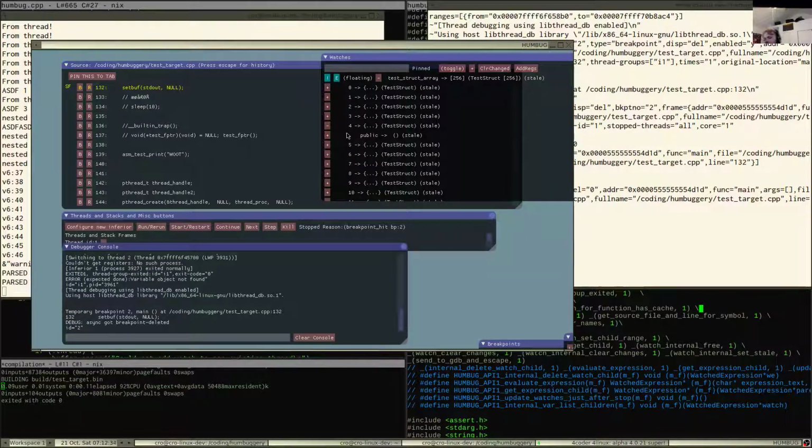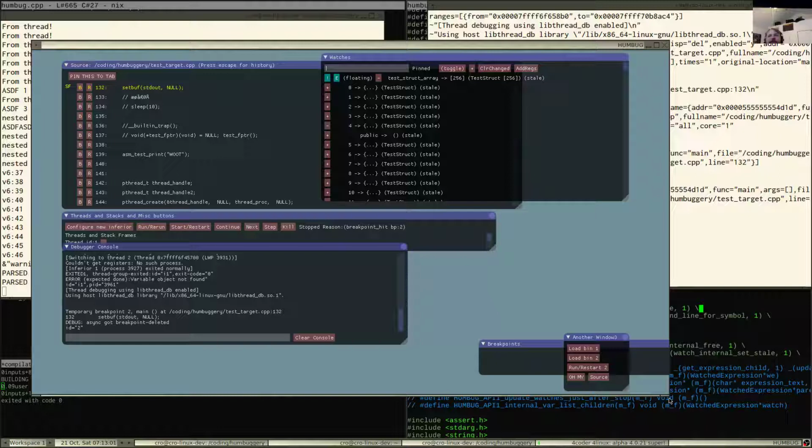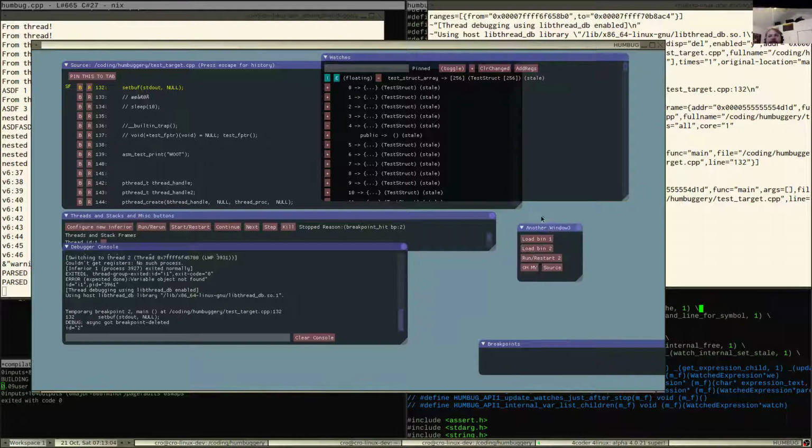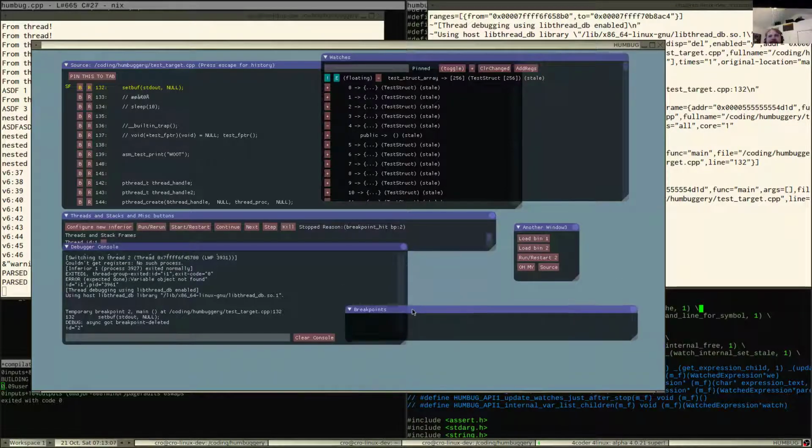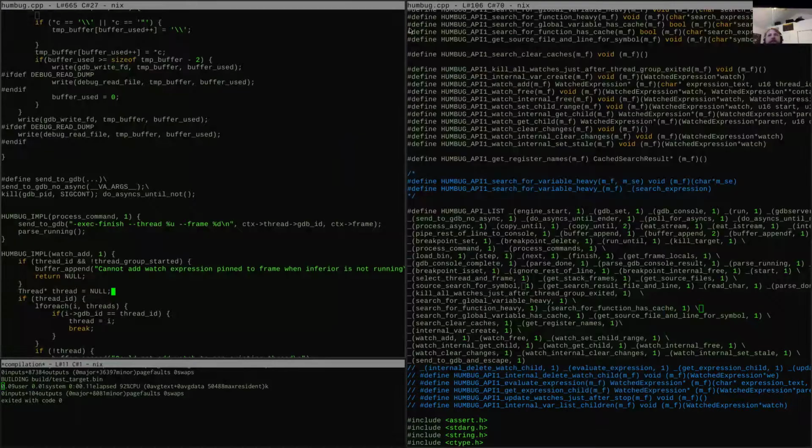So that kind of also creates the problem of not being able to collapse them. Right? Okay, so maybe we need a way to distinguish between a user interface collapse and an actual collapse. Right? Because